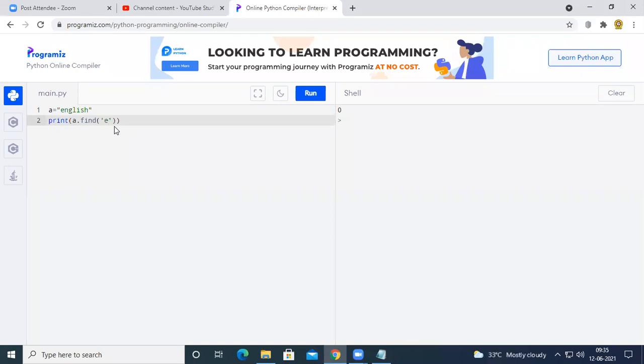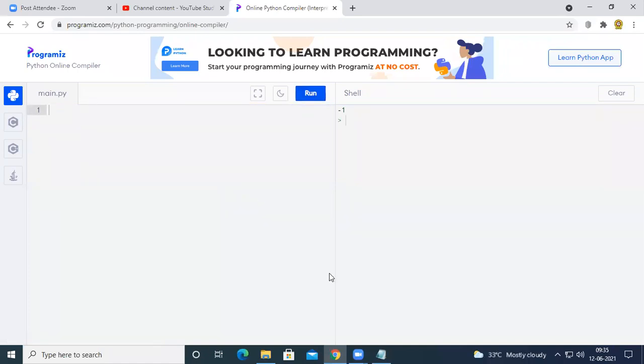If you change this to n, you will get the output 1 because n is at position 1. And if you give some character which is not present in the given string, then you are going to get -1. So if I want to find ei, and I run the code, I am going to get -1. So this is what we had studied in the previous session.